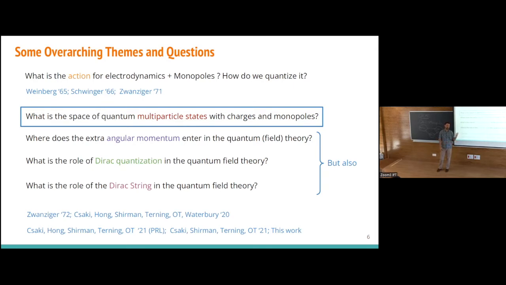But there will be an even better answer, which is the bulk of this talk, and I'll give away the message already. This is the angular momentum associated with the soft photons, or the soft photon dressing of the monopoles and the charges. That's what you have to take into account, and that's what deforms your Hilbert space. So just take charges and monopoles, add anything that has to do with soft photons, and then you have it.